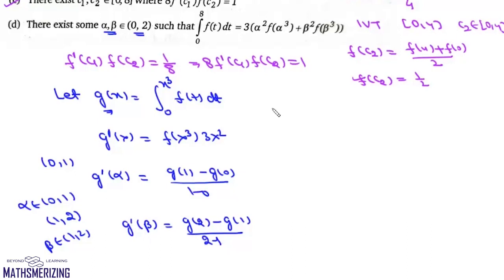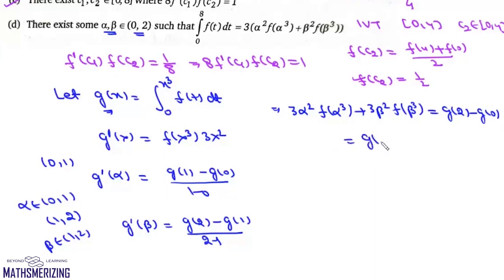So if we add them, we can write 3 alpha square f(alpha cube) plus 3 beta square f(beta cube) will be equal to g(2) minus g(0). Now g(0) is 0, so this is equal to g(2), and g(2) is this integral from 0 to 8